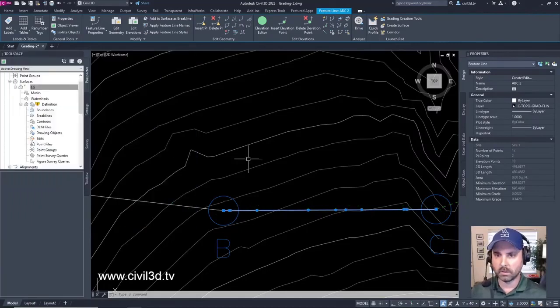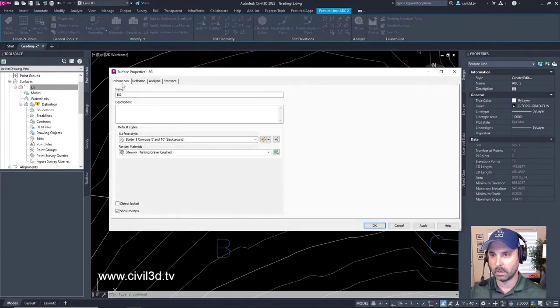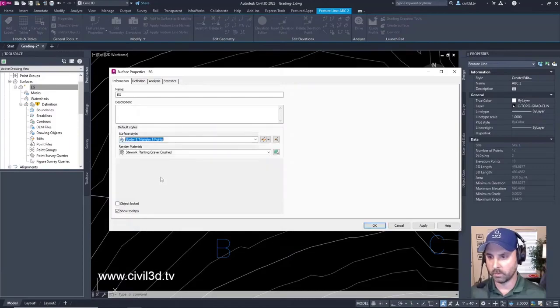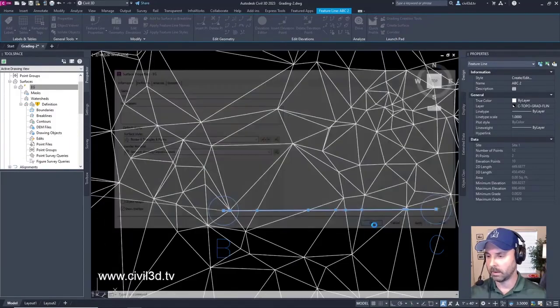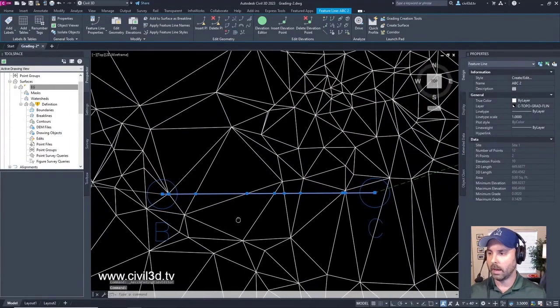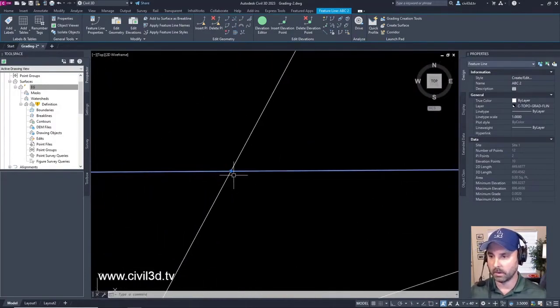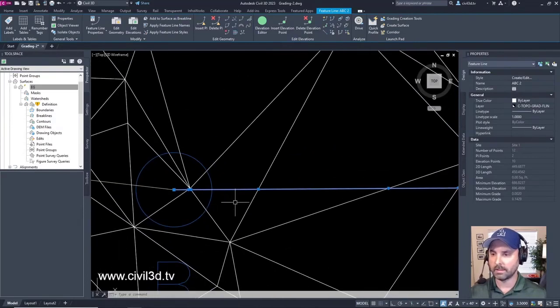If I check this box and I go into existing grade surface properties, and I change the style to, was it triangles and points, click apply, then OK. See how you can see where all of the triangulation is crossing our feature line, and we have essentially a point where it's crossing. So that's how it's determining that.